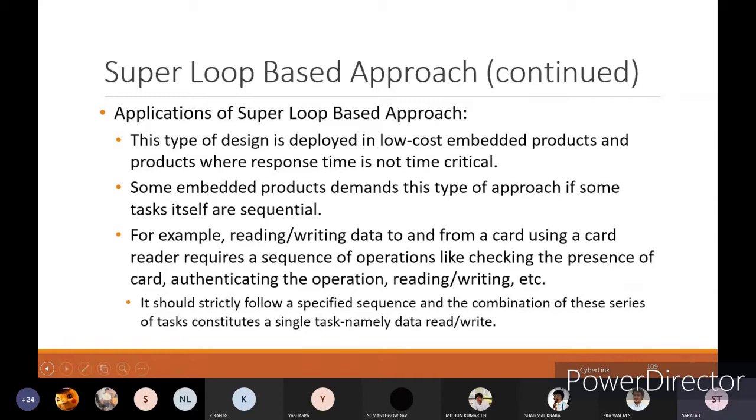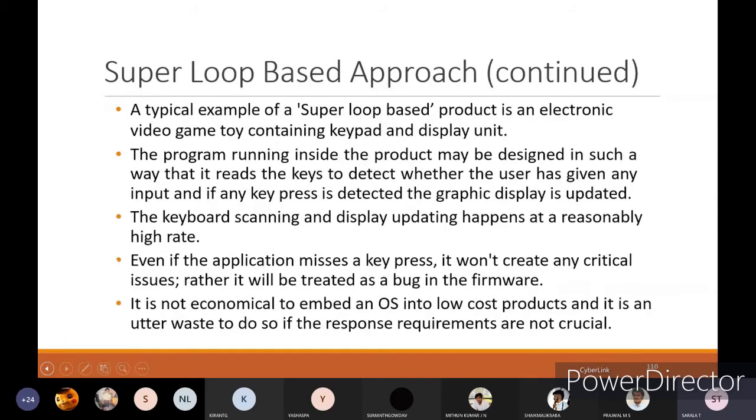A typical example of a super loop based product is an electronic video game toy containing a keypad and display unit. If I take the example of a video game toy with a keypad and a display unit, the program running inside the product may be designed in such a way that it reads the key to detect whether the user has given any input.